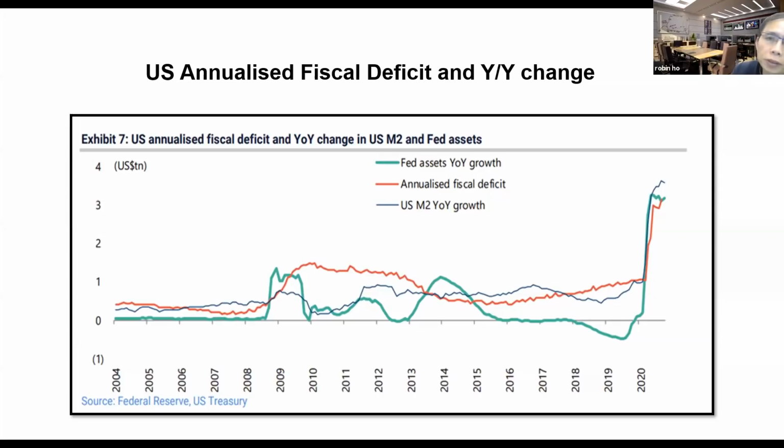This current stimulus by governments all over the world, except China. That's the only responsible central bank around the world. They are the most responsible. They are not printing. They are managing the situation, and they're managing it quite well. So the rest of the world are printing, they're lending, so debt is going up. And therefore, when this COVID is over, we're going to have mountains of debts, which means interest rate